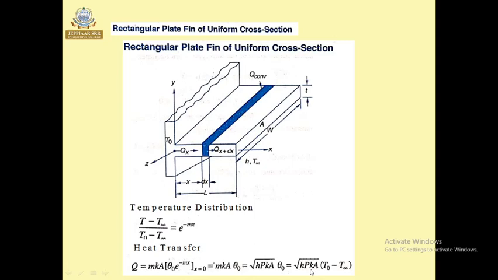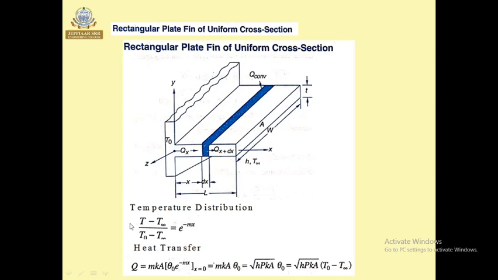So with these two equations, it is quite interesting to calculate the temperature distribution of the rectangular fin as well as the heat transfer, where the convection mode of heat transfer exists between the surface and the